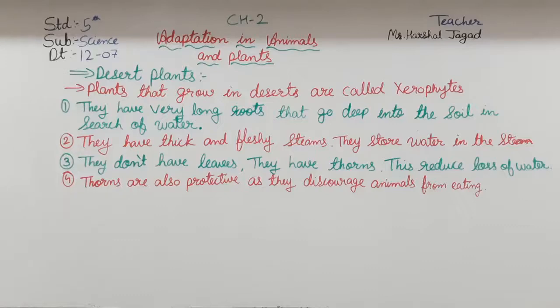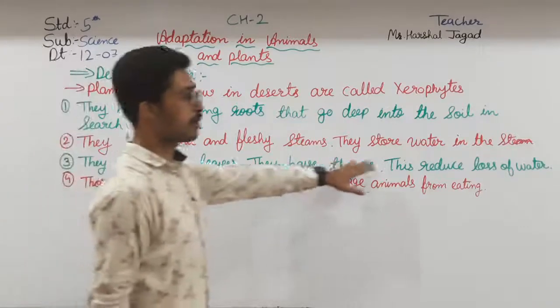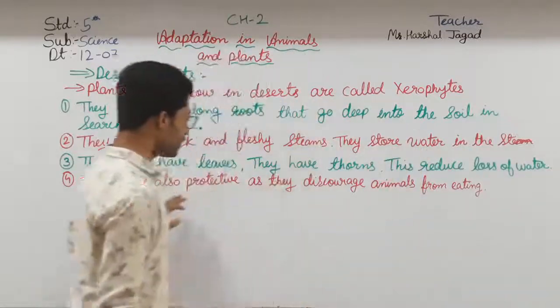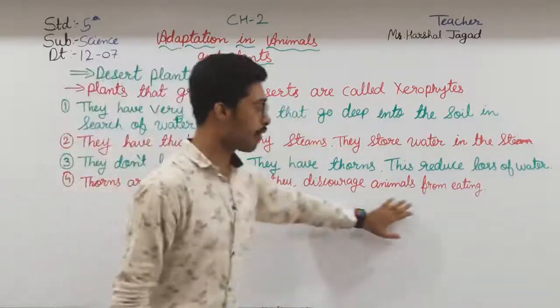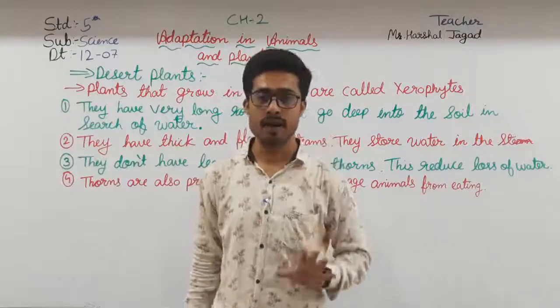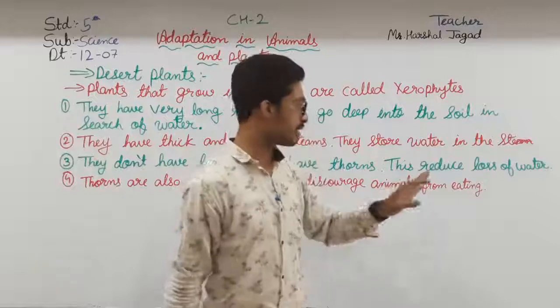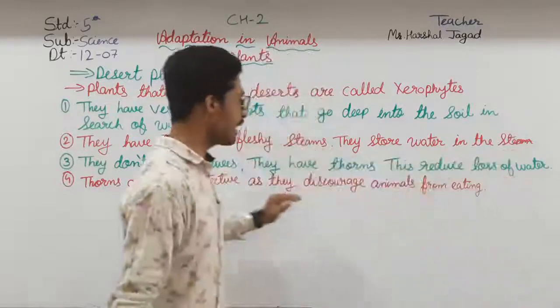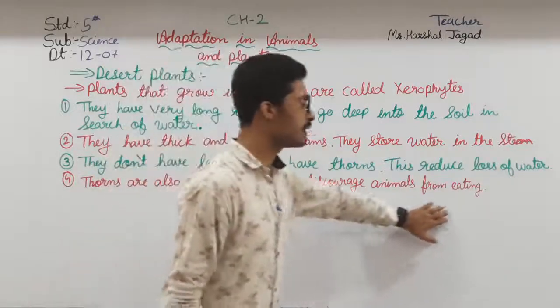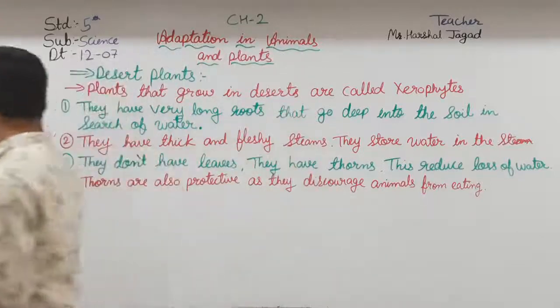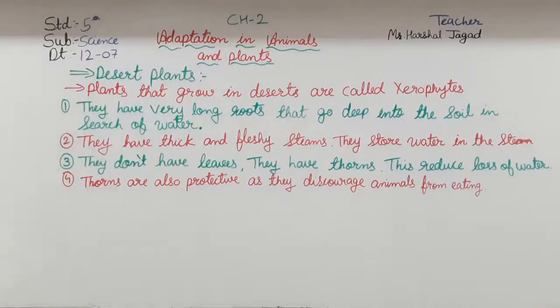Here, thorns, what do they do? They also reduce the loss of water and also discourage the animals from eating that plant. Okay, so the uses of thorns are what? Two uses. They reduce the loss of water and they discourage animals from eating the desert plants. Okay, moving forward to point number 5, that is,